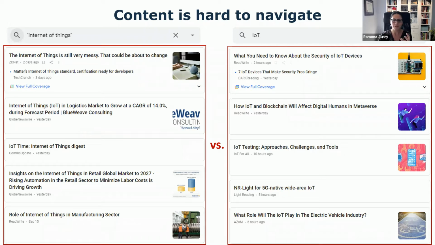So if the website I'm referring to was using a taxonomy that standardized data, then these results of the search would have been consolidated. So this is an example where, because we don't have content that is easy to navigate with a taxonomy, we end up with results that are very different from our expectations.